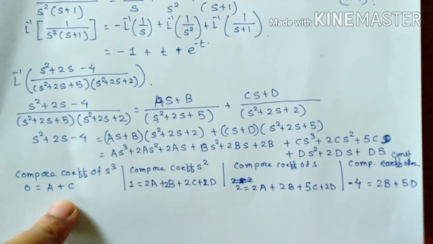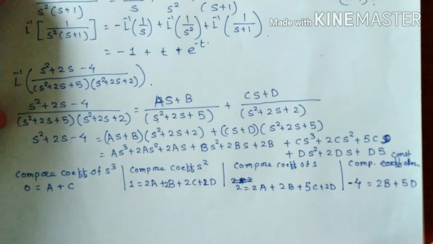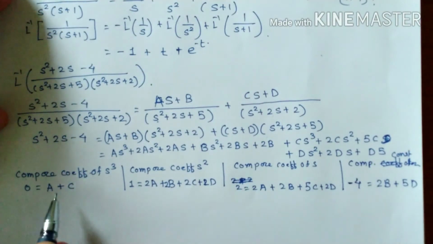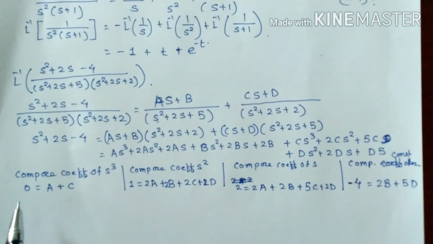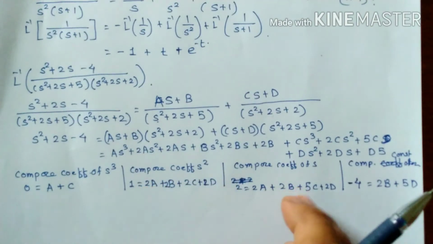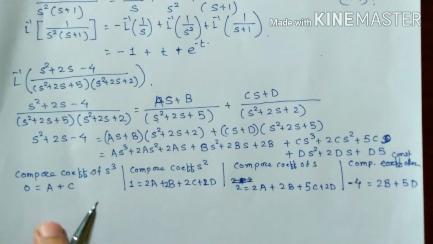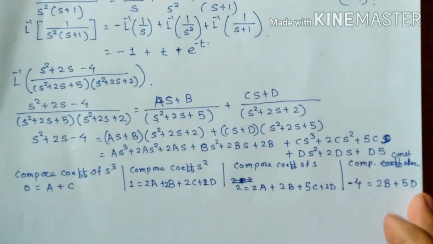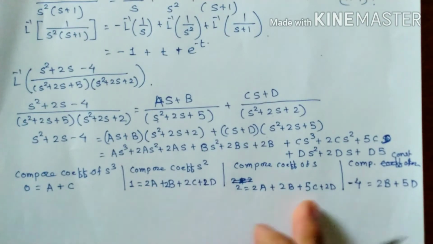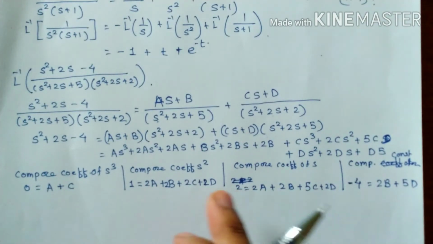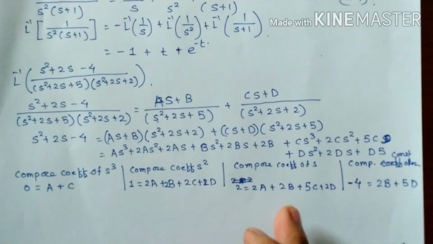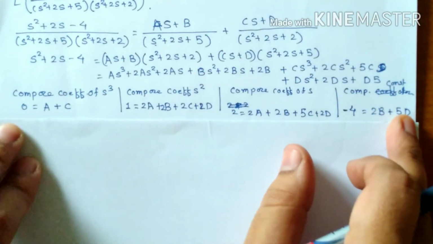Now what can we do here? The thing is, either you can find the value of a in terms of c and b in terms of d from this. Substitute in both the equations, you will get the reduced form of the equations. A you are replacing by c, and b you are replacing by d. So these two equations become in terms of c and in terms of d. We are getting these 4 equations right now.